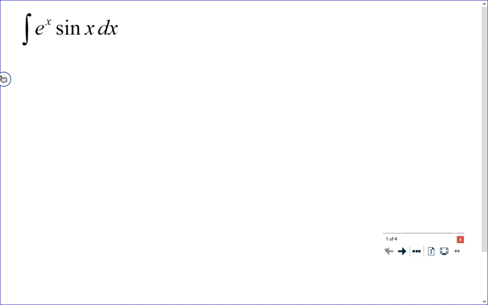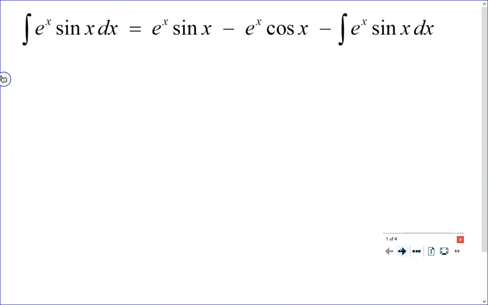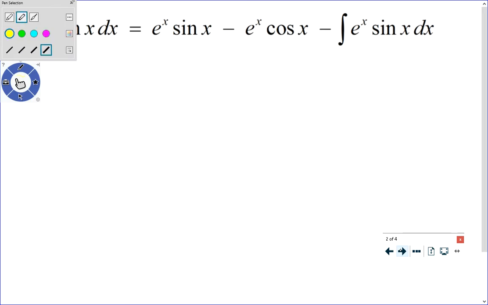Good morning, everyone. The very final example of yesterday's lesson dealing with integration by parts was asking us to find the integral of e to the x sine x. And what we learned from that example is we had to perform integration by parts twice. And when we finally did that, we ended up with this expression. And then the idea was